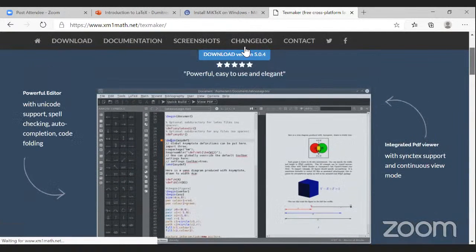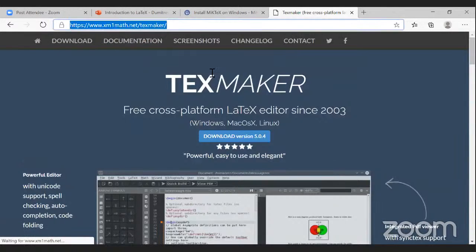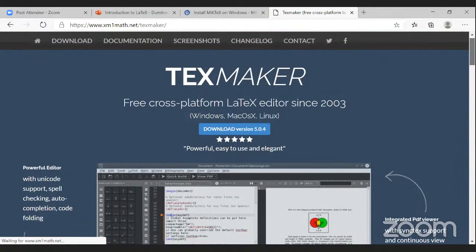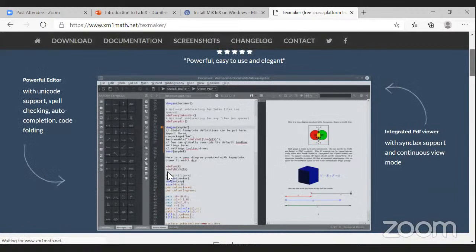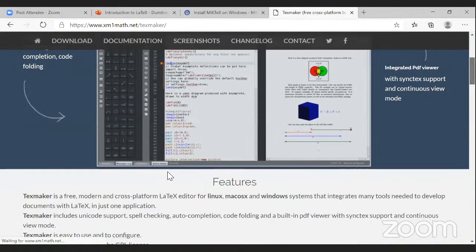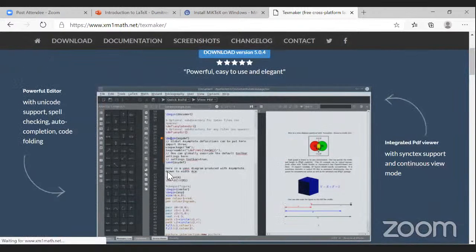The Text Maker software is available at this URL, and you can download it. Once you're done, you're done with the LaTeX installation part. Whatever you want to enter, you have to enter by creating a new file over there. But I thought of showing how we can create a new document using Text